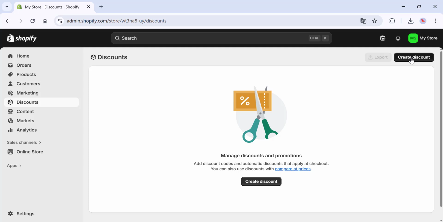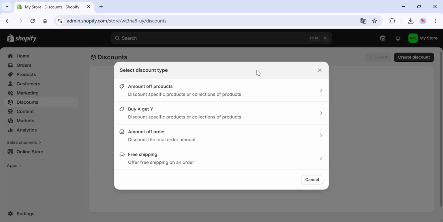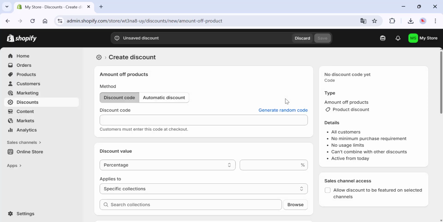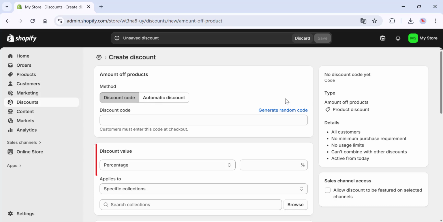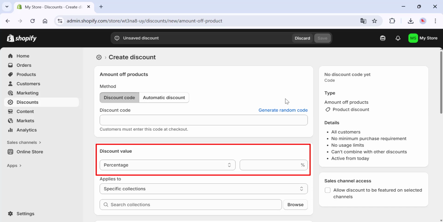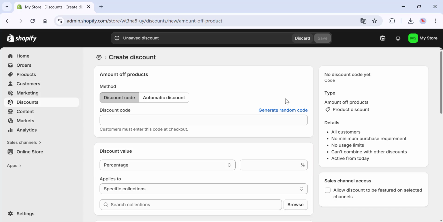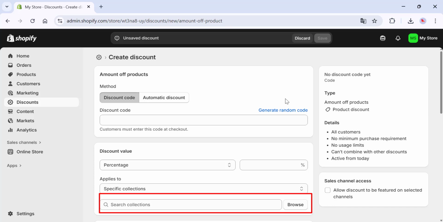You will see several discount options. For this tutorial, select Amount Off Products. Next, enter the discount code that your customers will use at checkout. Then, choose the percentage discount value you want to apply. After that, you can decide whether this discount applies to a specific collection by tapping Browse and selecting the collection